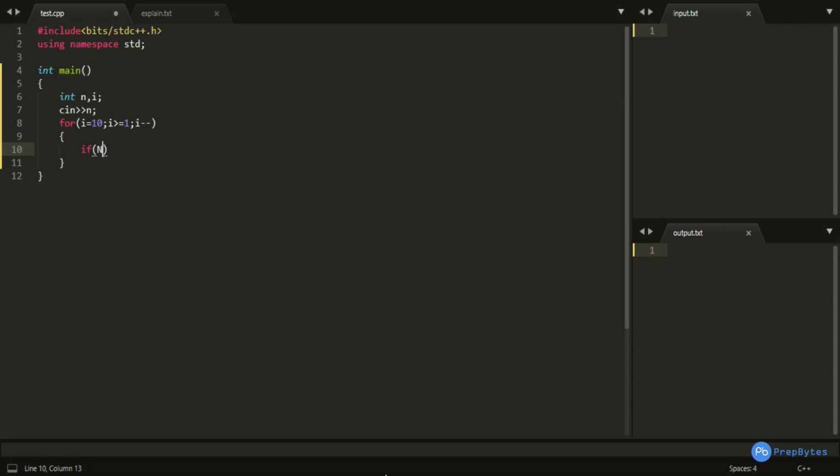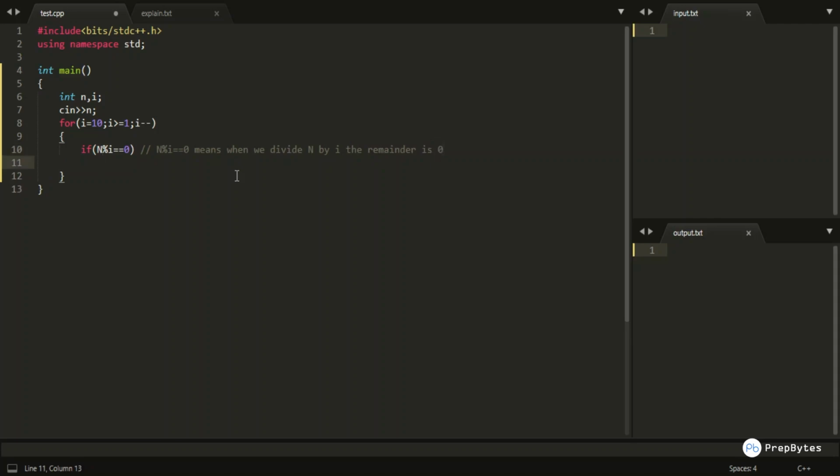So if n is divisible by i or not, if n mod i equals 0, what does this statement mean? It means that when we divide n by i, the remainder is 0.